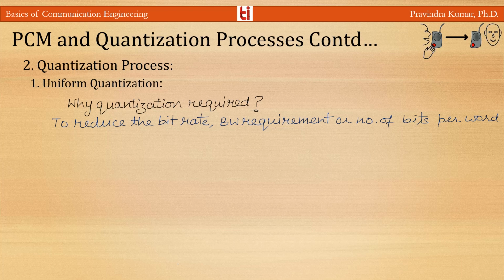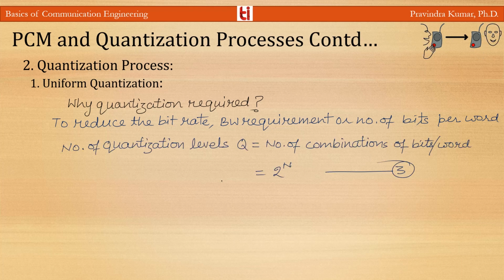To avoid this, if we use the quantizer with only 256 levels, then all the sampled values will finally be approximated to only 256 distinct voltage levels. So we need only 8 bits to represent 256 levels. So the number of bits per word can be reduced, and this will eventually reduce the